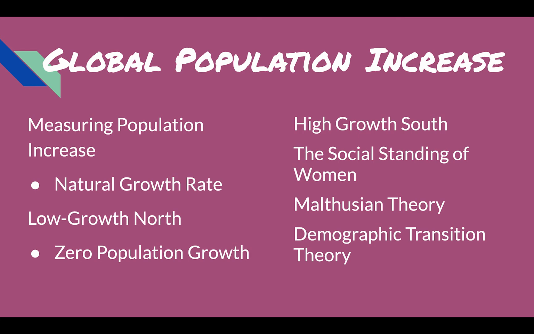So this is based on Thomas Robert Malthus, who came up with this theory in a time period when the Industrial Revolution was taking place. He saw those changes take place in the 1800s, and he basically said that populations grow in geometric progression while food grows in arithmetic progression, meaning